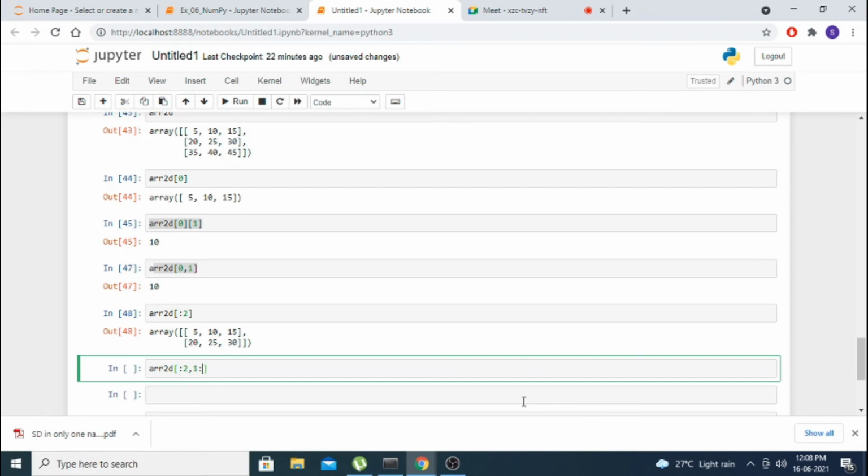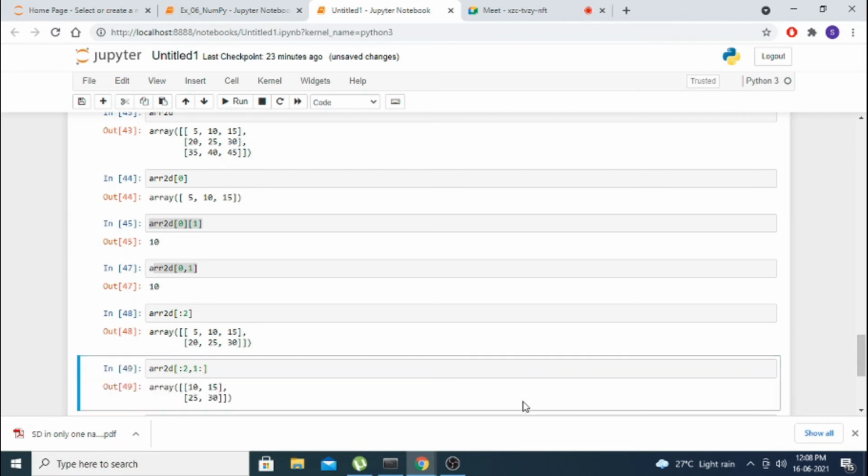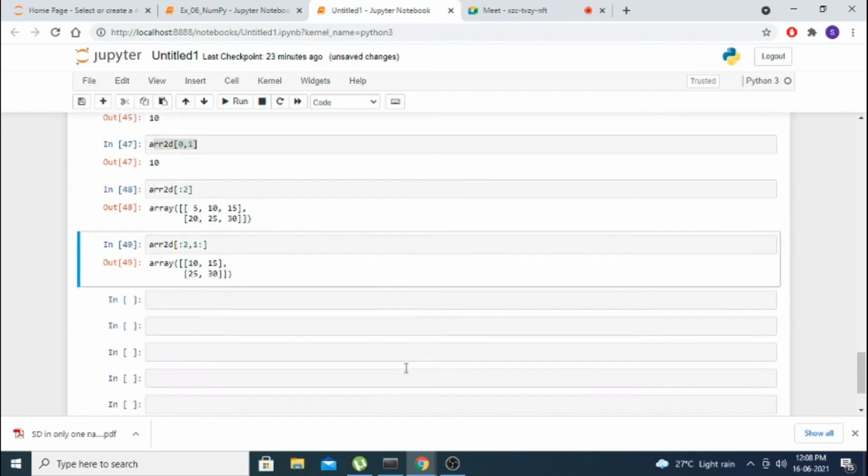I want the first 2 rows, so n minus 1, and I don't want the first column, so 1 after that. I want the second column onwards, the remaining. You are able to get it. This is the concept of slicing in NumPy, how we can extract one part of a two-dimensional array.